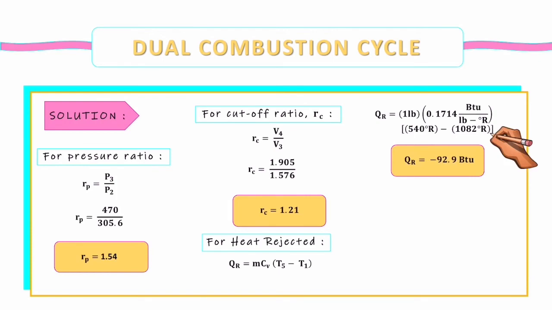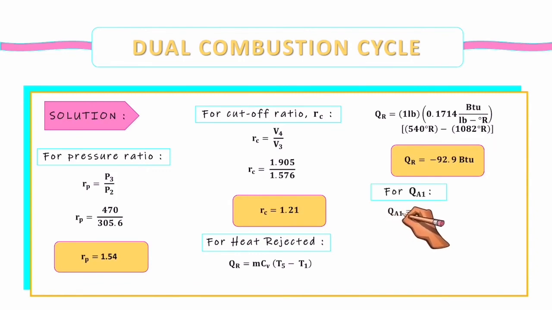In solving for the net cycle work, we can use the formula W net is equals to QAT minus QR. But before that, we need to solve for the value of total heat added. The formula for solving total heat added is QAT equals to QA1 plus QA2. We can't solve for the total heat added yet because we don't have a value of the heat added during the isometric process. Heat added during the isobaric process is already given, so we just need to solve for the heat added during the isometric process, and we can use the formula